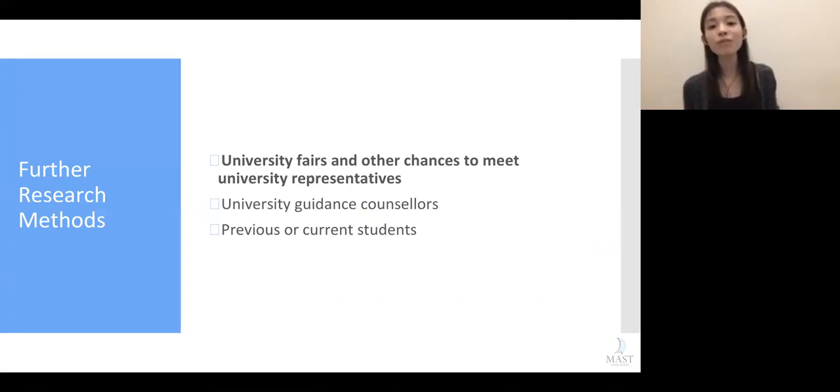And when I met with these university representatives, usually they hand out prospectus guides, and usually they tell you a little bit about the university. What's good is that after you do all this research online, you probably have some questions that you would want to ask them. Even if it's a very simple question like, do you recommend me taking the IELTS or do you recommend me taking the TOEFL?